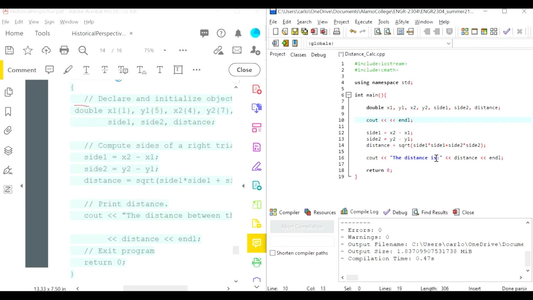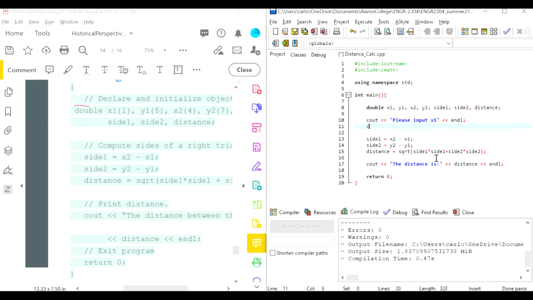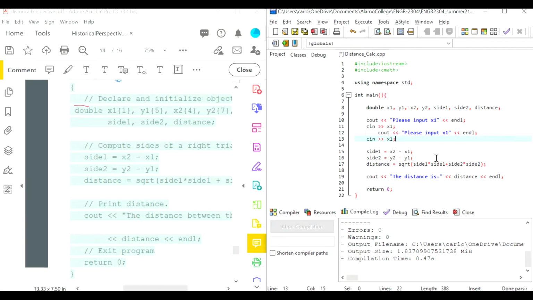So let's say here, please input x1. This is the coordinate, right? And then we're going to use cin to take it into x1. And we should do the same for everything else. So please input y1, and that is going to be taken into y1,